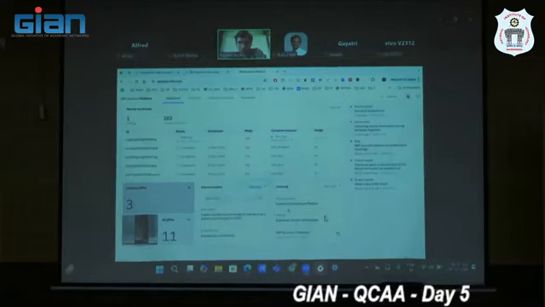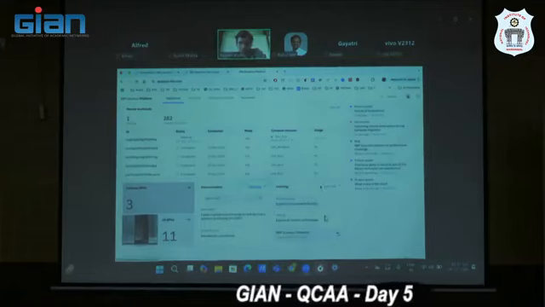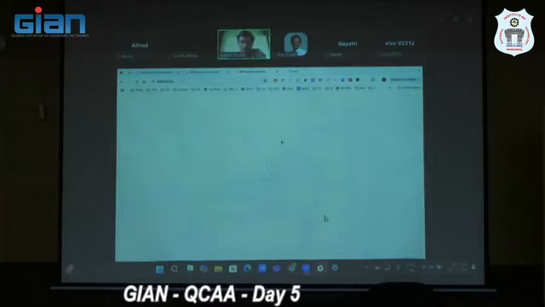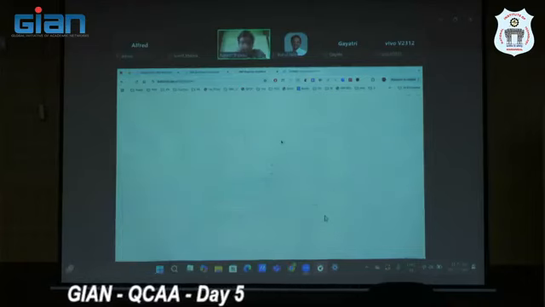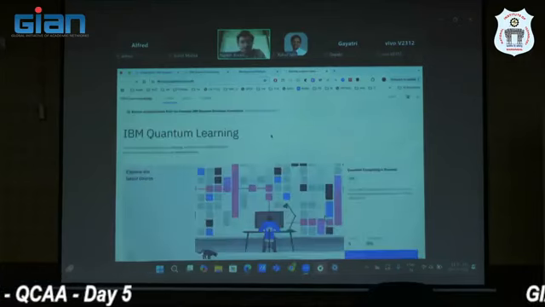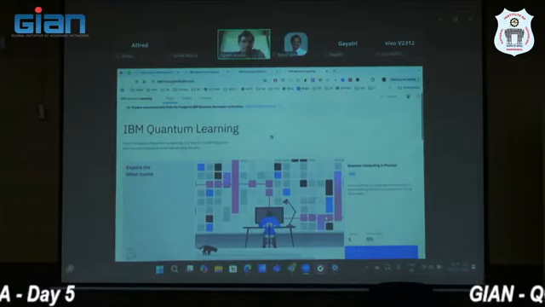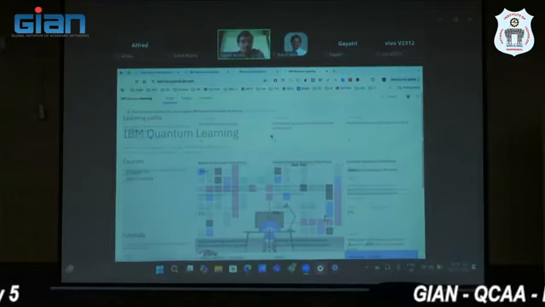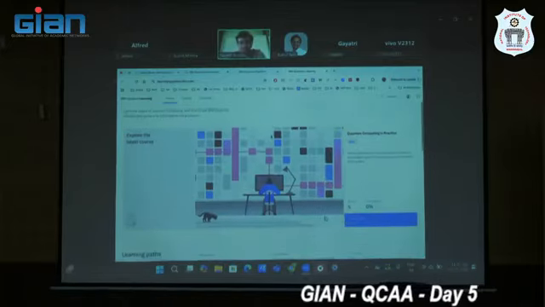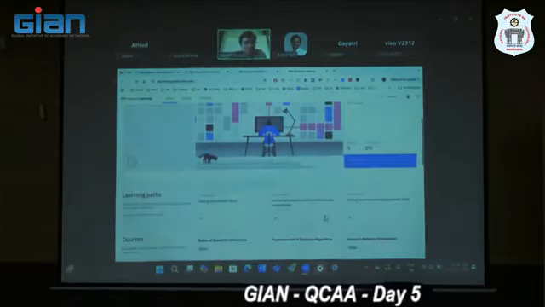And towards the bottom, there's one more tab, which is the learning tab. And once we click this learning tab, it will take us to learning.quantum.ibm.com, which is where actually we can build quantum circuits online, on cloud. So let me first go over this